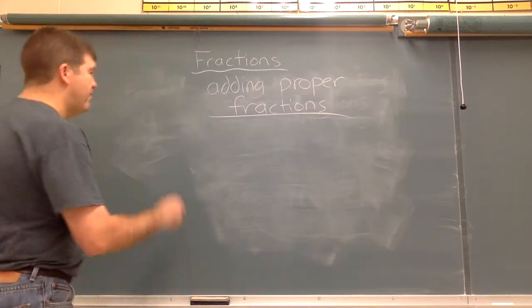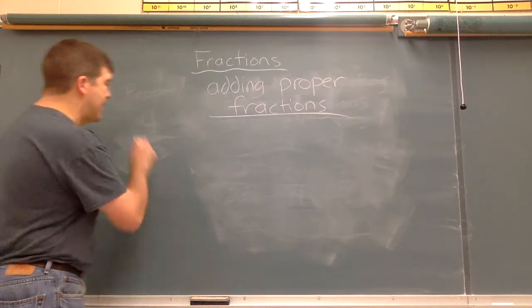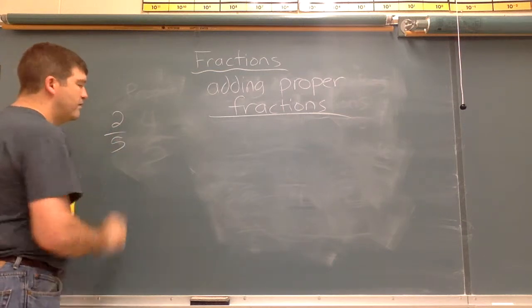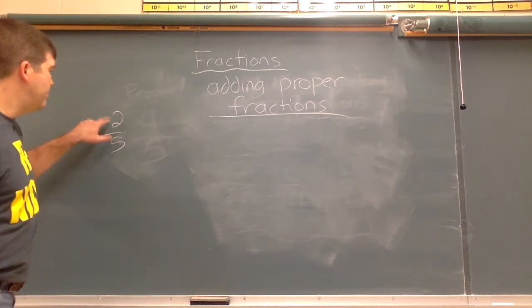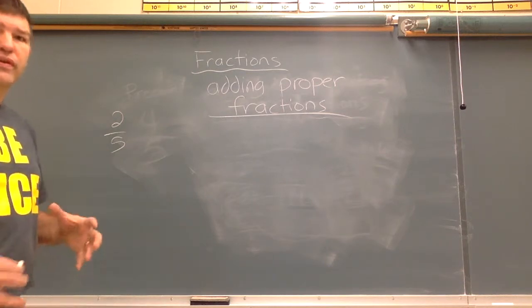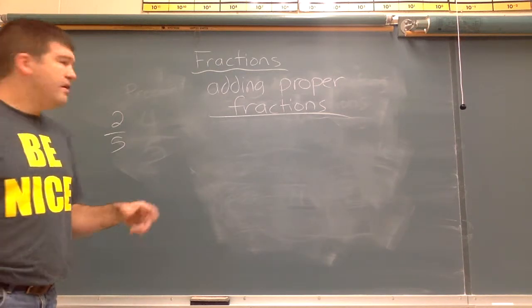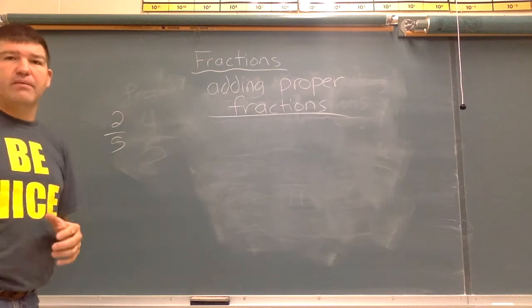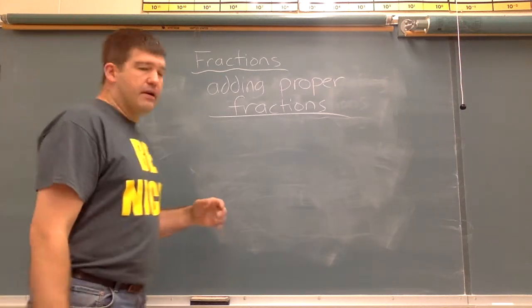But let's just think about adding fractions, and all the fractions are going to be proper fractions. And remember, a proper fraction is where you have the smaller number on top, like 2/5. I have 2 parts of 5 which make up the whole. 2/5. It's proper. It's not a whole number. I only have a part of a number. Okay? Alright, so let's